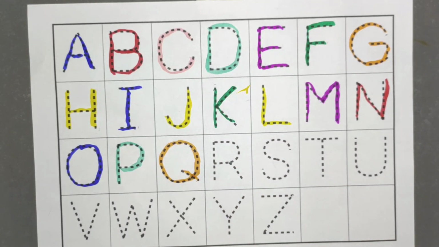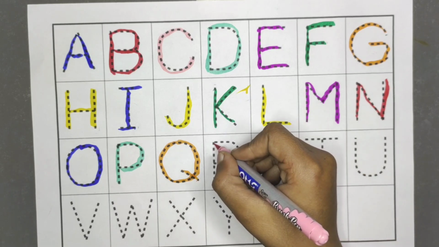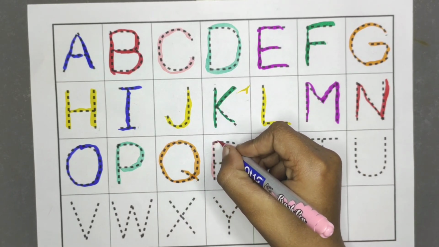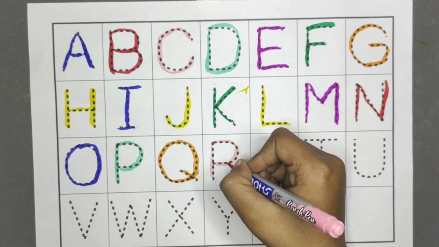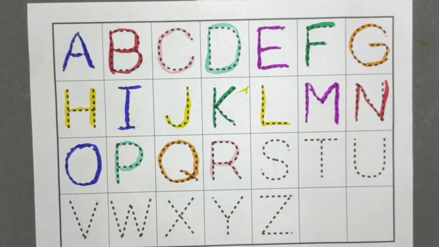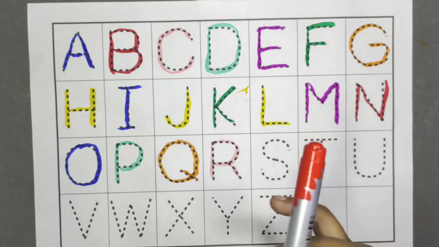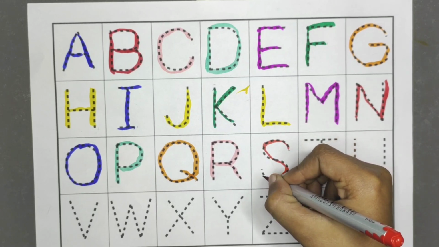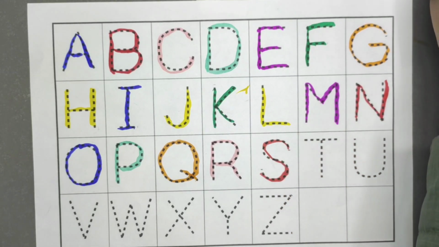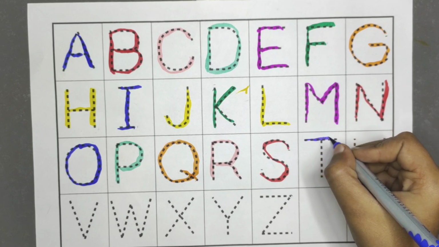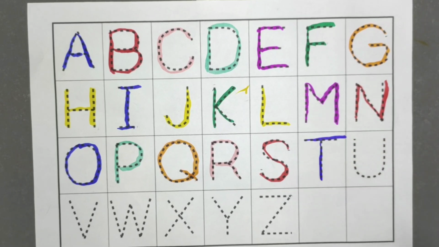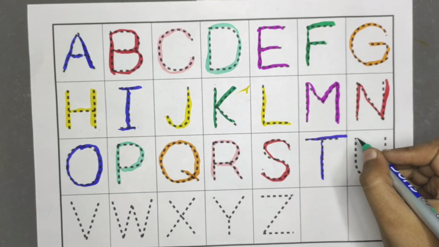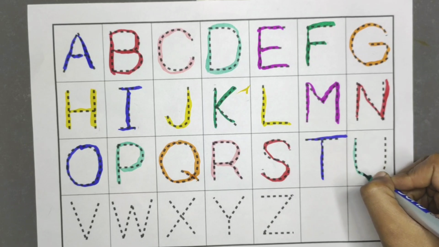ये है Q for queen। ये है R for rose। ये है S for sheep। ये है T for tiger।